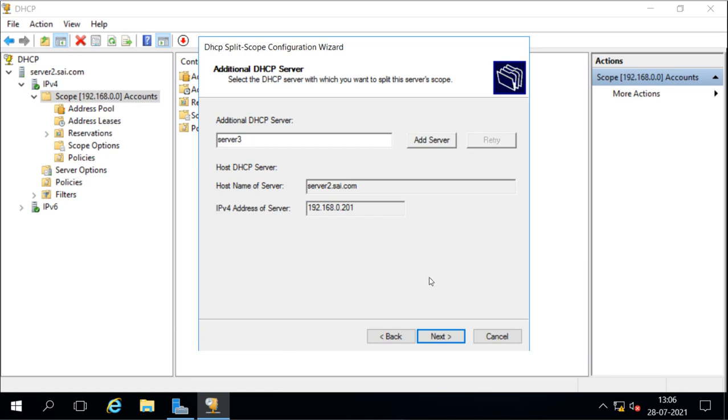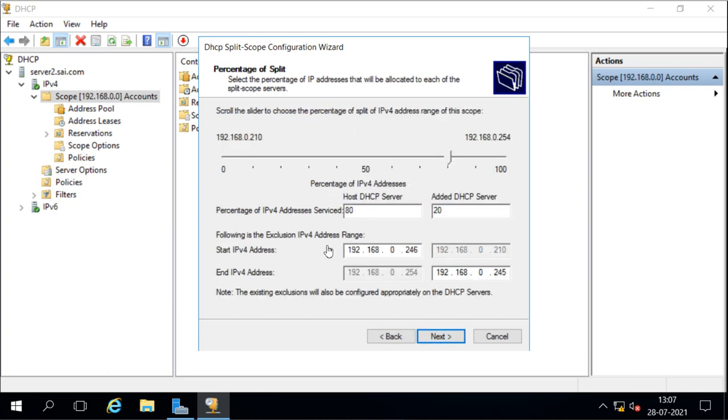Now we'll press next. In the next step, you have to decide how many IPs you want to give to the host, and how many IPs you want to give to the other server.